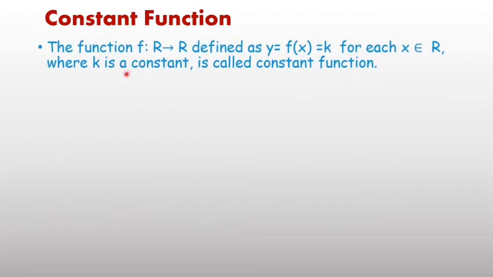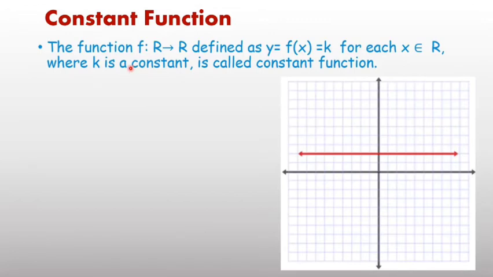some functions. One is the constant function. f: R to R is known as a real function, because the domain of this function is real numbers, and it is also R, meaning the codomain is also real numbers. A function whose domain and codomain are real numbers is known as a real function. f: R to R is known as a constant function if f(x) equals k for every value of x. Whatever value of x you take, the value of f(x) will be k, that is constant, and it is known as a constant function.